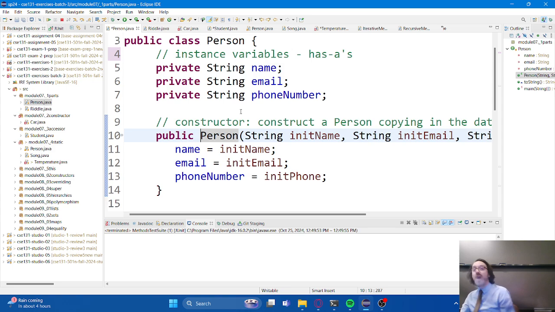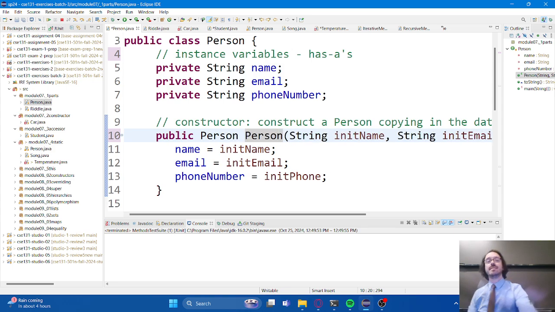To understand why it doesn't have a return type, consider what I've been saying the constructor does for us. It creates an instance of an object. So what kind of an object is it creating? It's creating a person object. So the thing that it would be returning would be a person. If I wanted to include a quote-unquote return type for a constructor, it would say public person.